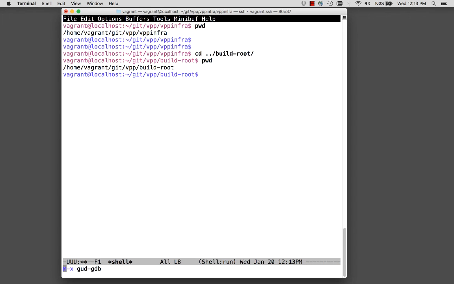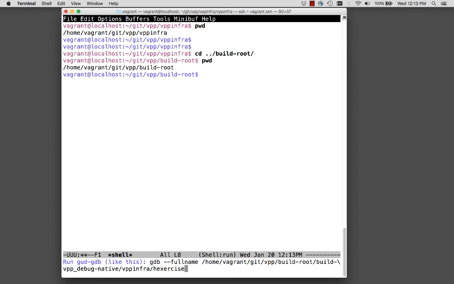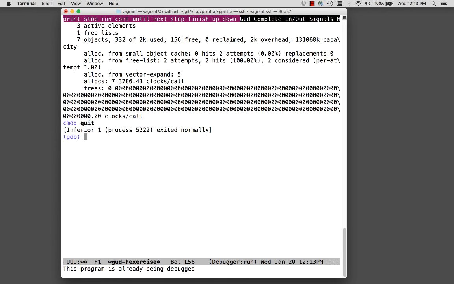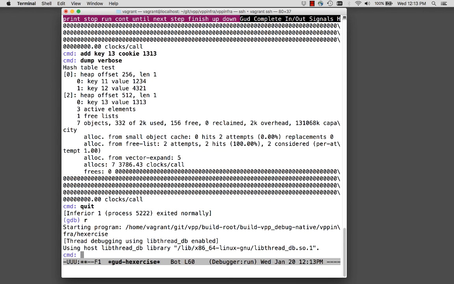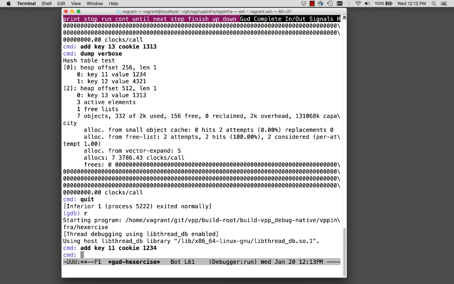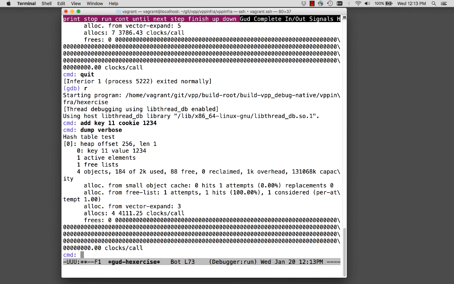Makes good GDB. We'll run it up in GDB. Actually, I've already run it up in GDB, and you'll see it says command. So if we were to say key 11 cookie 1 2 3 4, and then dump verbose, you'll see there we go. In bucket 0, the 0th key value pair has the guy you were looking for, and if we actually asked